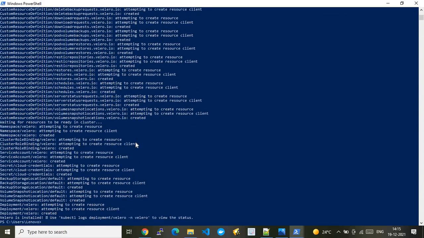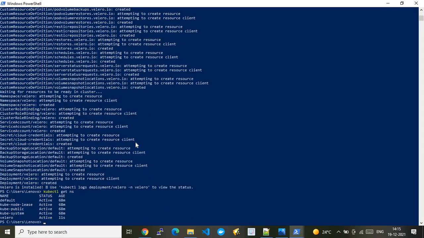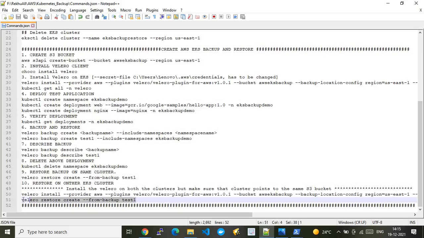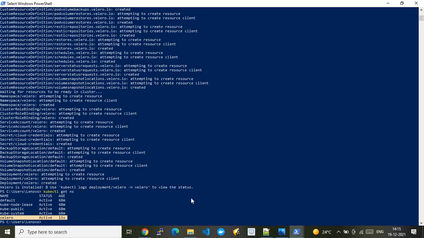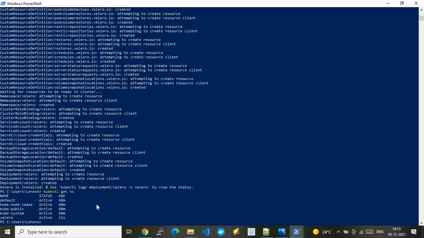Here you go. It has successfully configured the Velero software on the secondary region. So let's check. Okay, now you see Velero has been configured. All good, we are set now. We can do a restore, right? So how quick it is. Restoring in the secondary region is like a one-run command. You just run one command, then your application is up and running fine in the secondary region. That is so quick, right? And that is the advantage of using Kubernetes applications. All right, so now let me run this command, and we are done with our testing.